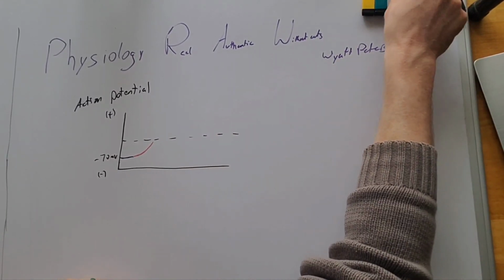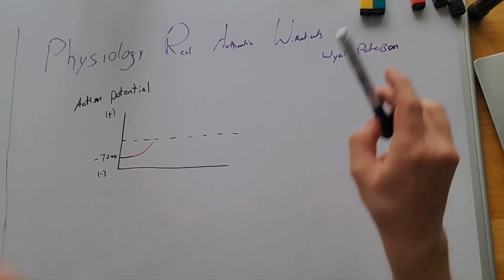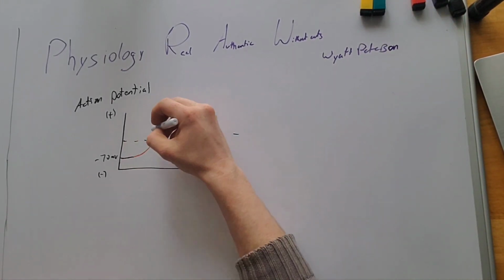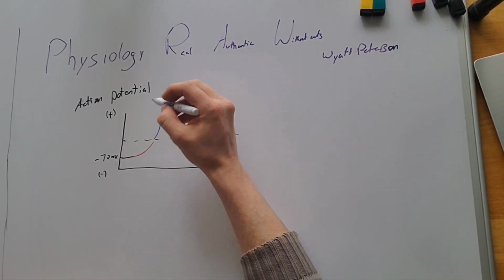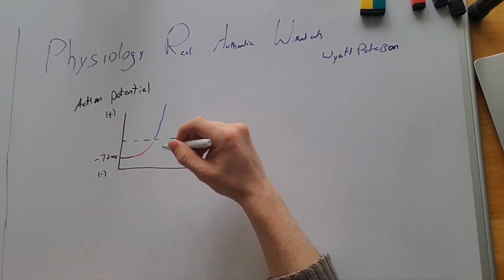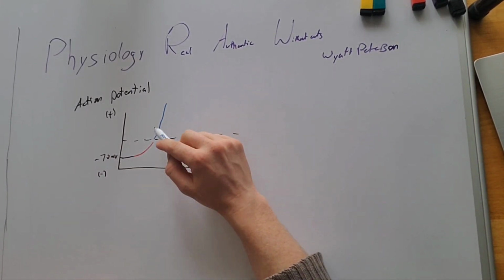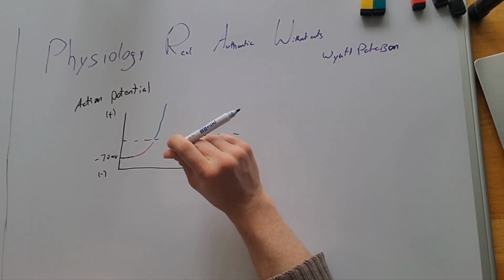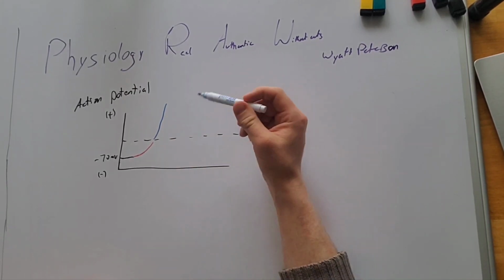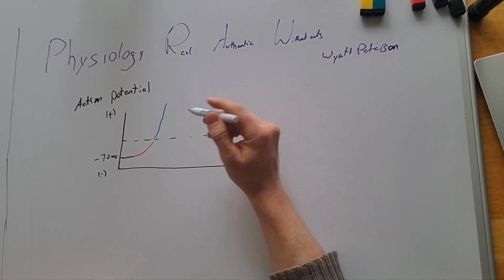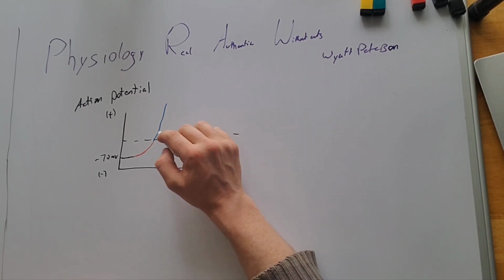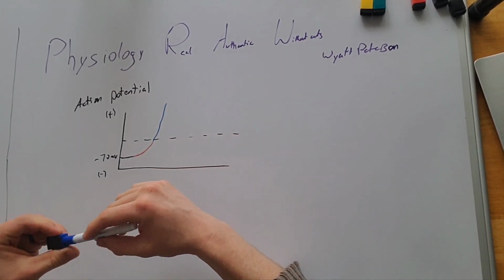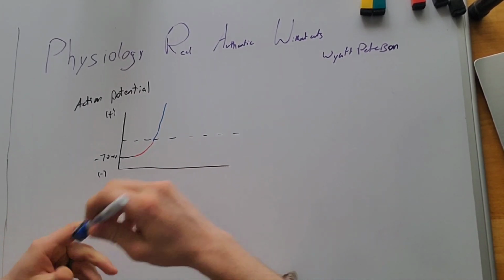And then once it passes, if it gets to the threshold, once it passes, it'll shoot way up. We'll go into a little bit more of what's going on exactly, with the ion gated channels and the different gates that it's waiting for. So once it passes threshold, it depolarizes completely,